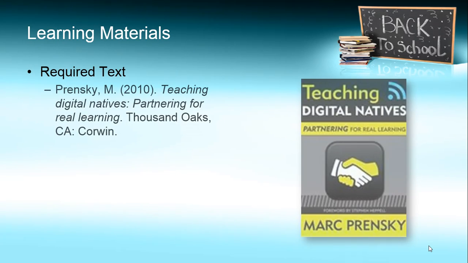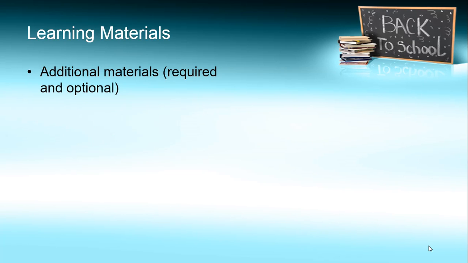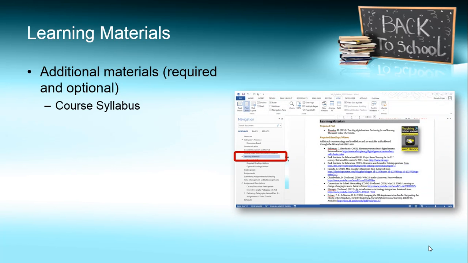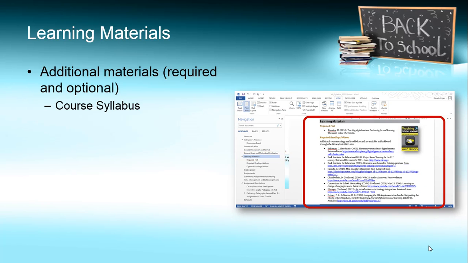In this course, we're going to have a variety of learning materials, not just text, but we do have a required textbook, and that is going to be Prensky's 2010 Teaching Digital Natives, Partnering for Real Learning. We're also going to have some additional materials, some of which are required and some optional. So if you click on the course syllabus and learning materials, you'll see a list of required and optional readings,